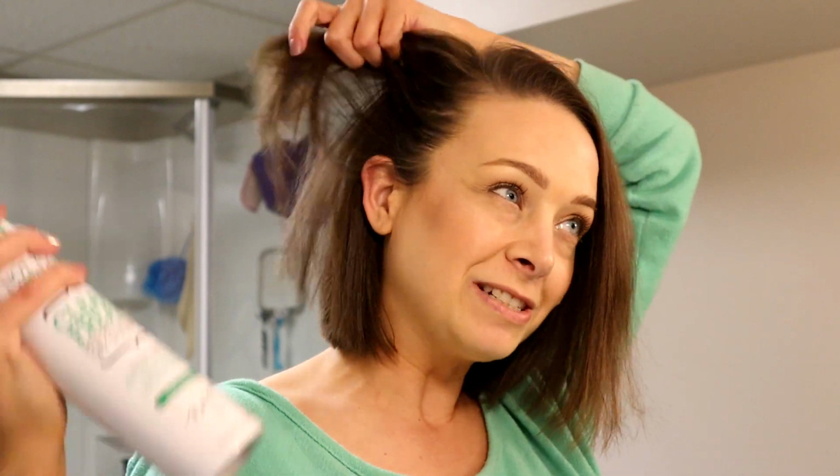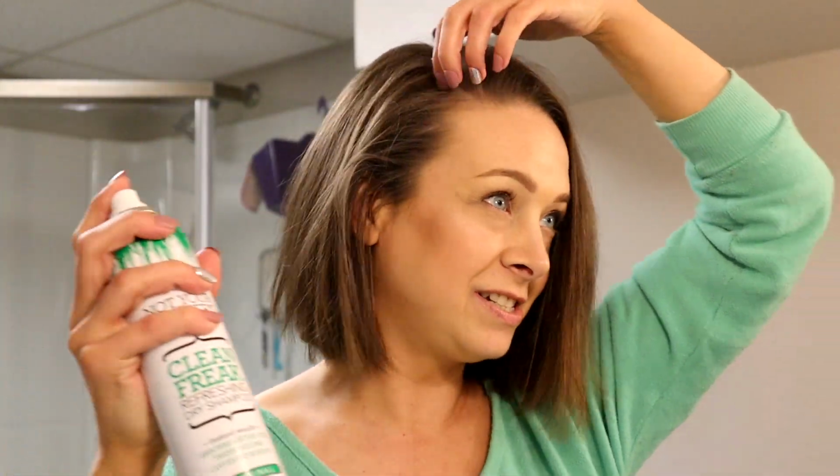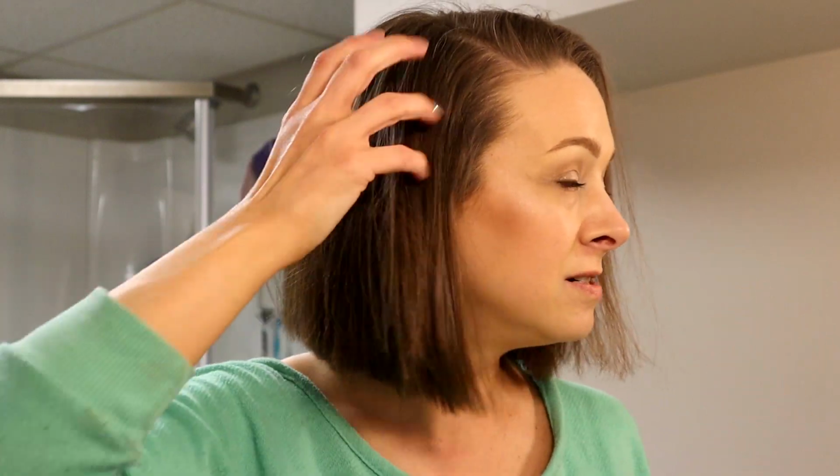I don't like teasing my hair, so I will just kind of use this to boost up some volume in my hair. But I also think it really helps to get good second day hair. And I will do this before bed again, just to get any that I missed. But this does help with volume when I'm wearing it down, or whether I'm curling it or whatever. It kind of gives it something for my hair to hold. My hair is really picky as far as what it will allow in my hair. So dry shampoo is kind of easy, and it gave me a little bit of volume